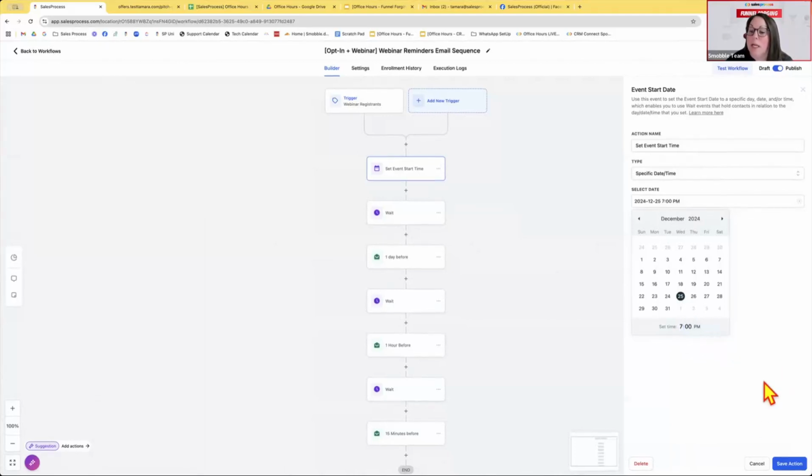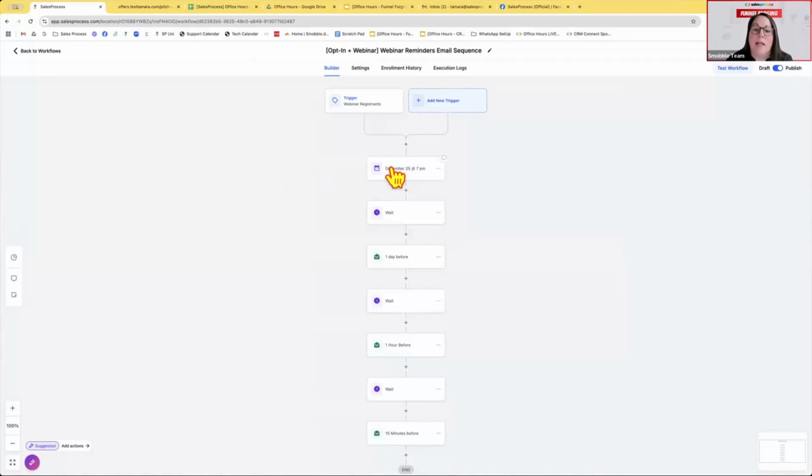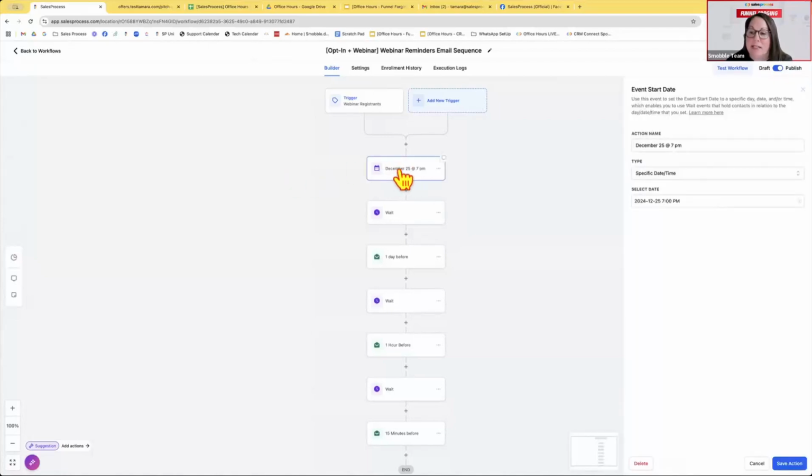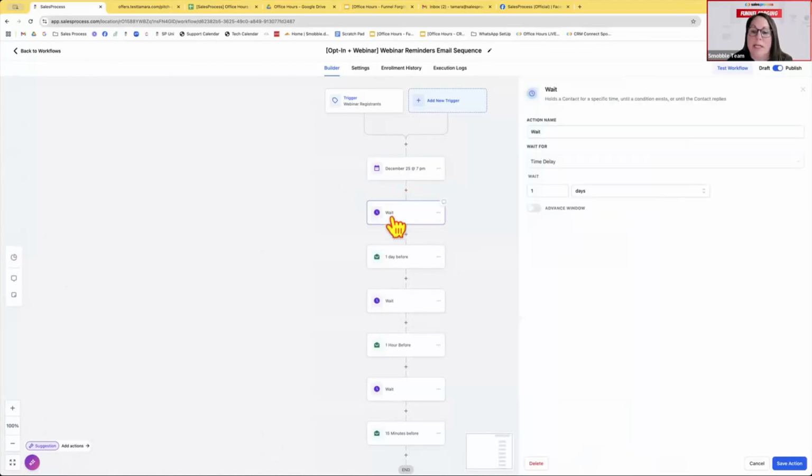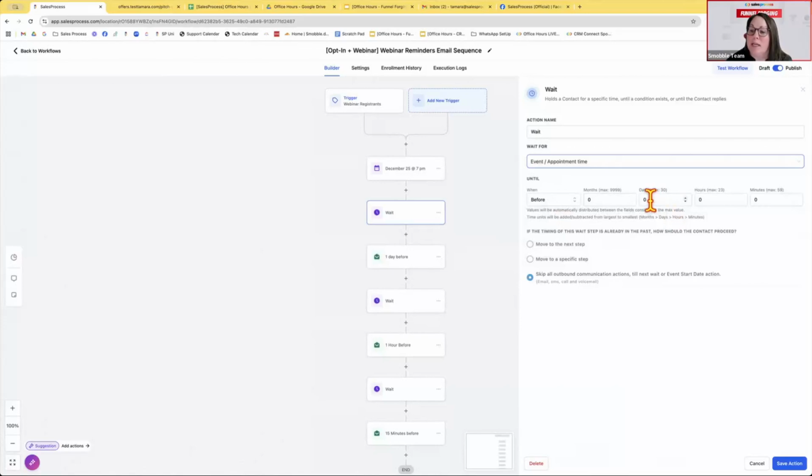Okay. And so then here we would want to put December 25th at 7 p.m. and save that. Now that we have set that date and time in this event, we are going to say one day before, so we're going to change this wait time to event appointment time. It's going to be one day before